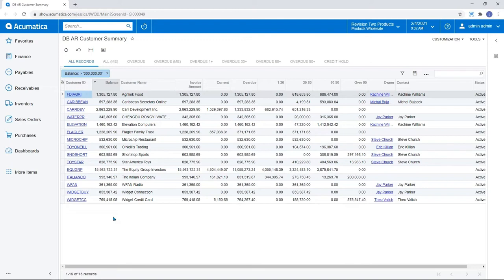Now, this is one example, again, of what we call a generic inquiry in Acumatica. So for those of you that are maybe a little bit more on the technical side, you can create these queries in your system and you can save these searches, if you will, on any piece of data that exists in Acumatica. So we're looking at AR right now, but you can pull queries on quite literally any piece of information that you are interested in seeing in the system. I'll try to give you a few more examples of that today. Now, let's see. I think as far as generic inquiries, that is probably a good place to start.